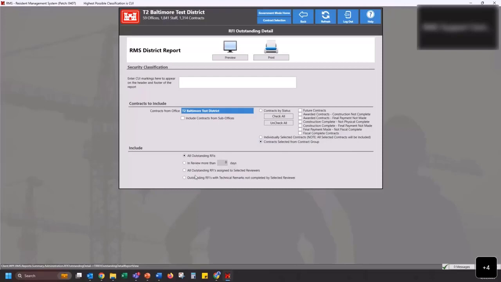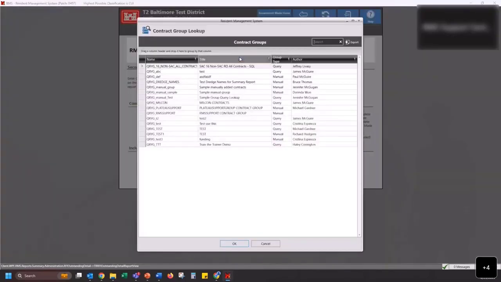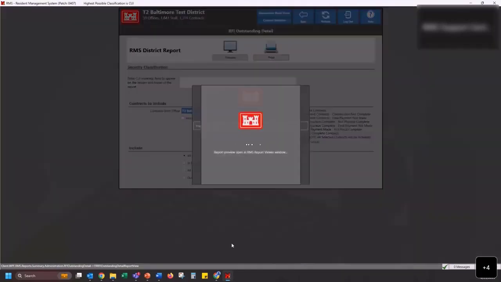You can make further selections down here. I'm just going to look at all outstanding RFIs. And when you click on the preview button, the contract groups lookup will show here. And then we did leave it on query, so this is going to pull up the report for contracts within those query results. So when I click on OK,